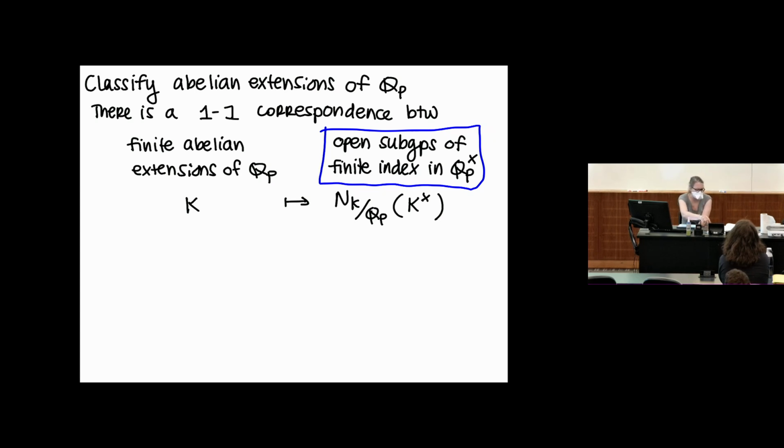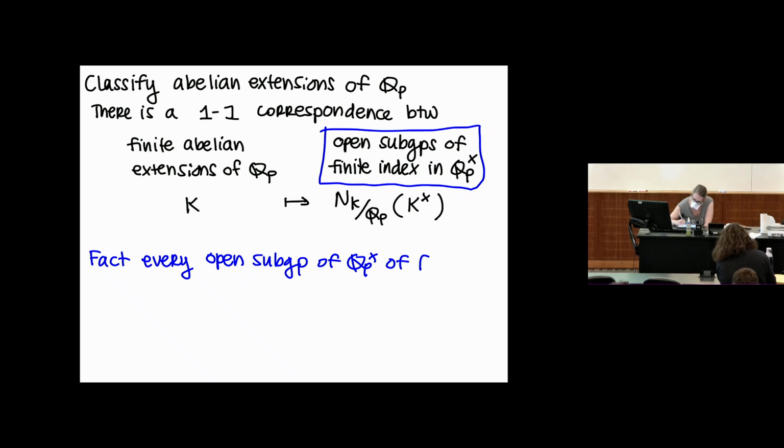It's a fact, and I put it as an exercise, so we can talk about it tonight, that every open subgroup of Q_p cross of finite index contains powers of p that are divisible by f, like 1, p to the f, p to the 2f, p to the 3f, and so on, and then some higher unit group